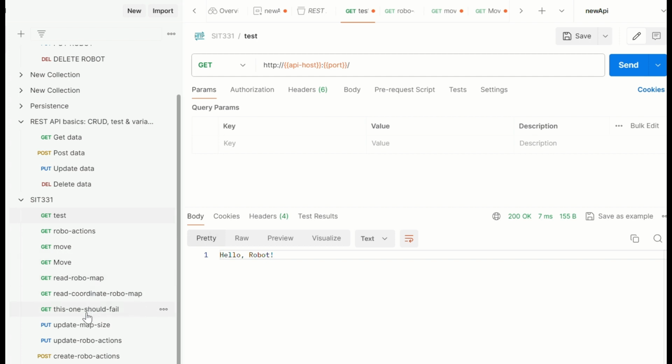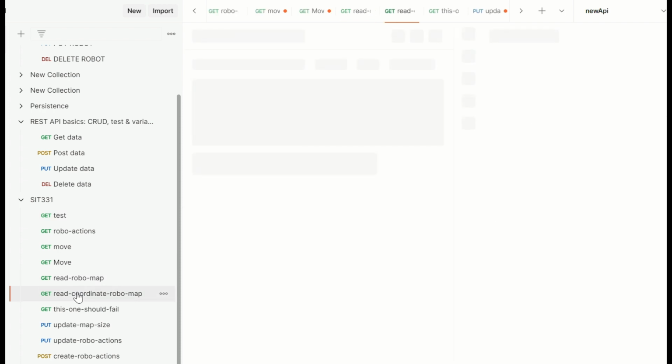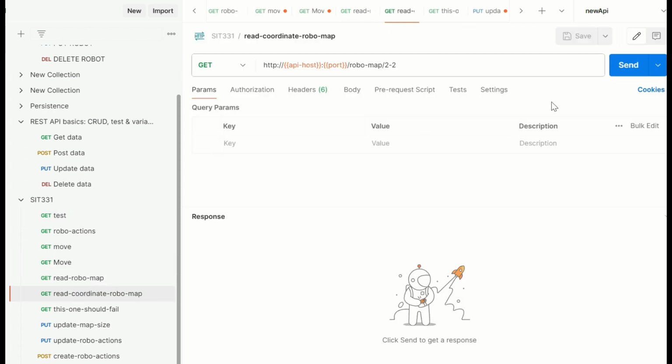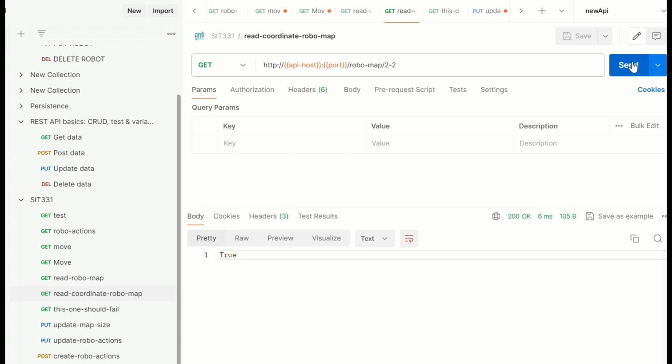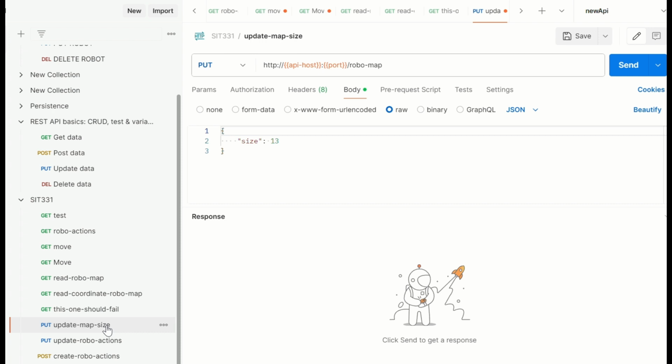First of all, I will start with a get request, which will test whether my code is working or not, and it is working and displaying hello robot. Now the next command I would be showing is the get robo map coordinate, and I have entered 2, 2, which will confirm whether it is in there, and it has confirmed that it is present,